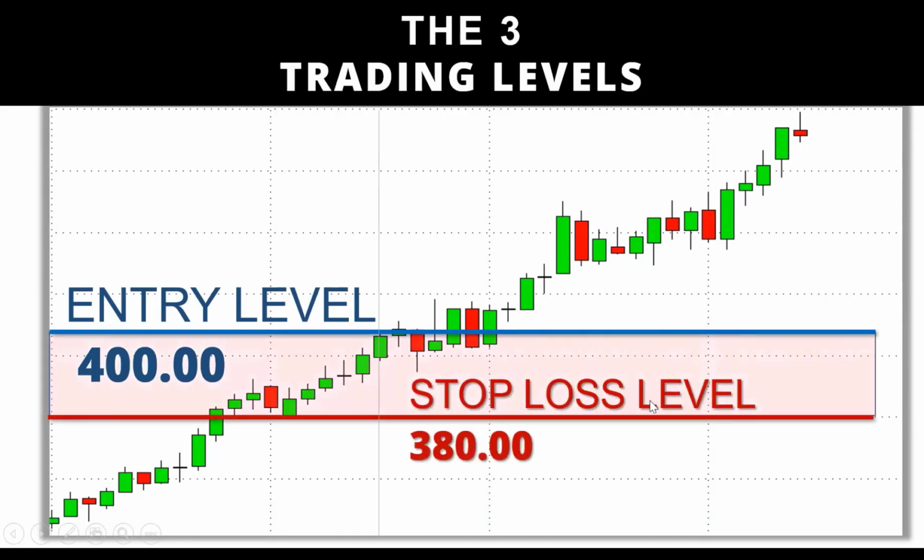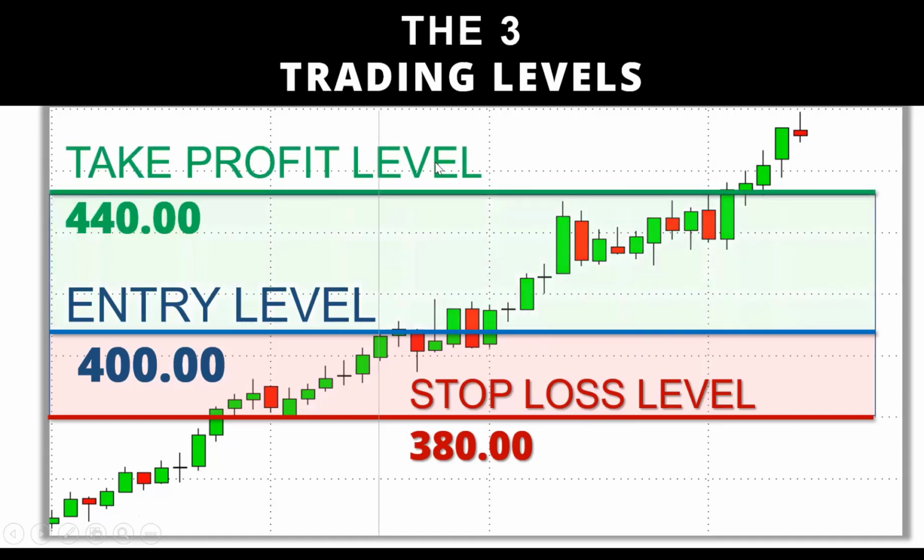Second is the stop loss level. A stop loss level is pretty much an instruction to the market maker or broker that if the market turns against you and the price hits this level, it will get you out because it's going against your trading strategy. However, you can still make profits with a stop loss level. I do this very often with the Premium Multi-Trader service. The market moves up in my favor, and because it is continuing up on a trend line, I move the stop loss up so that if the market turns against us, we bank a profit. I do this at least once or twice a month where we lock in profits.